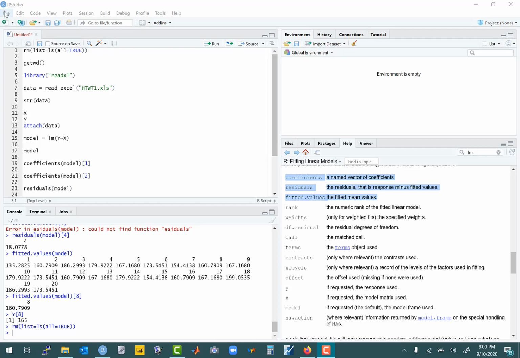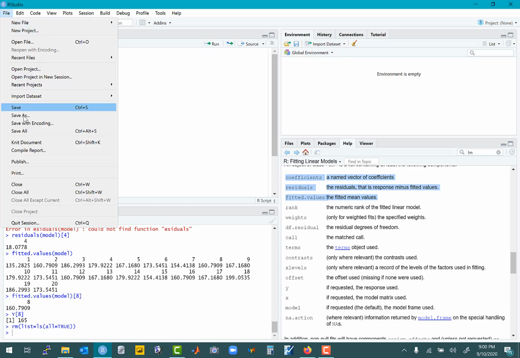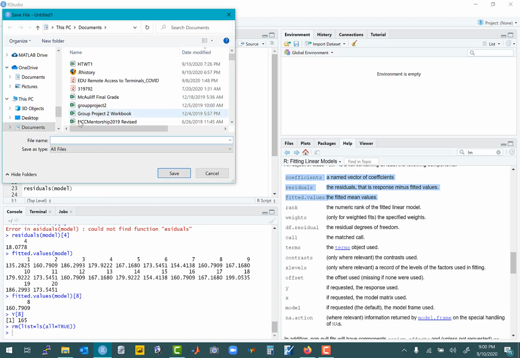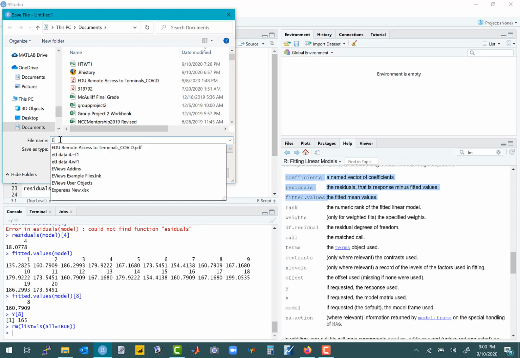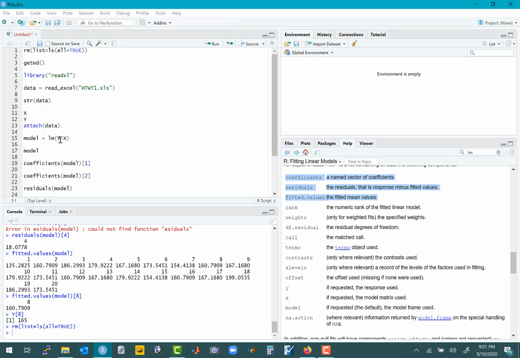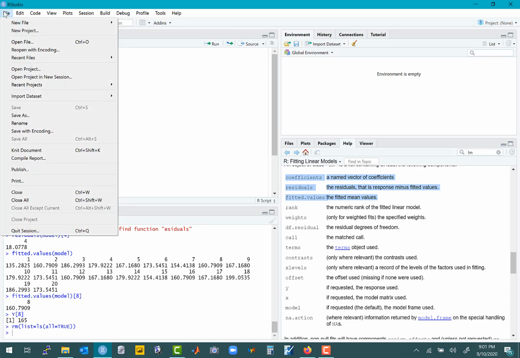Okay. Don't forget to save. So once you're done, file, save as, and you can save it at any location that you want with any name that you want to put in. Okay, so running regression. Okay. So the next time you're here, you can directly open, maybe from recent files. You can open up